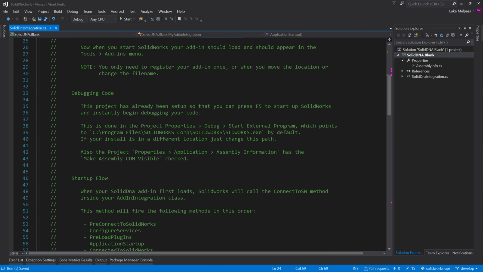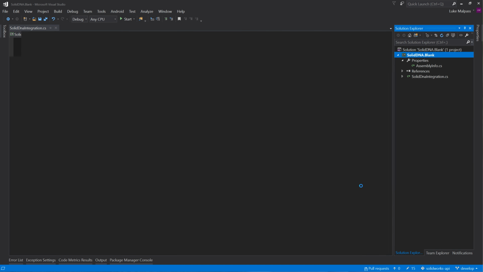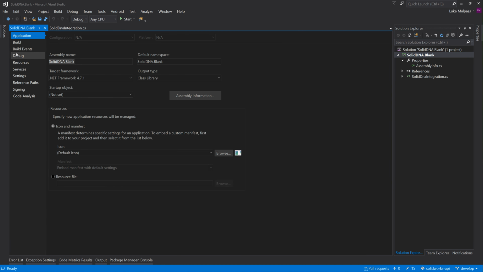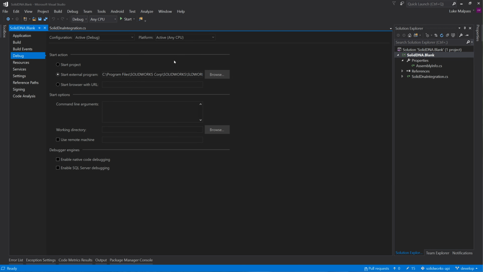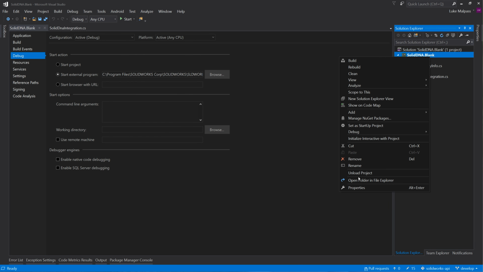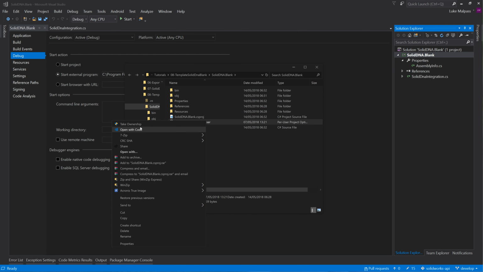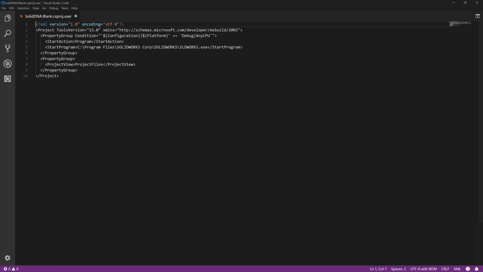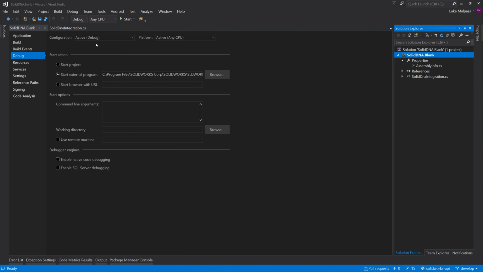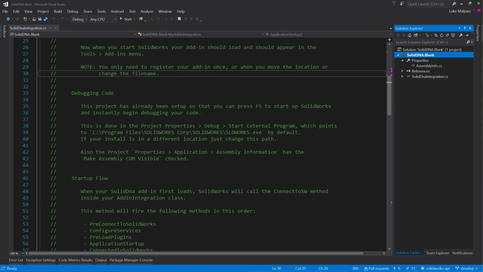The other little thing I need to do is debugging the code. This project already is being set up so you can press F5. So this one actually has, due to that CS proj.user file, in the debug, it'll start external program. The problem with that for a template is that it's in this user file. So if we were to open the user file, then you'll find that it's in here, and this won't copy over in a template. So we're gonna have to change this note to basically say,